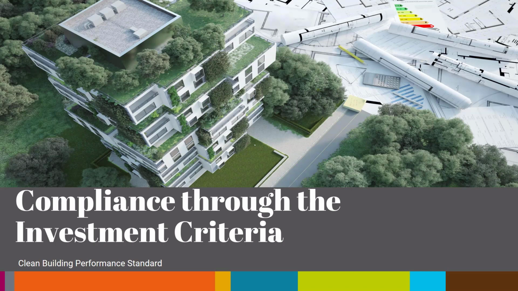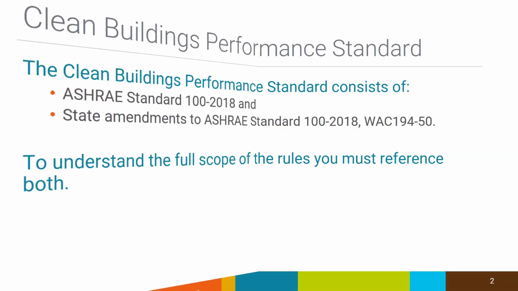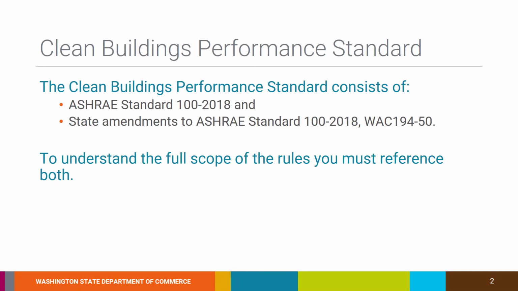When the energy use intensity target, or EUIT, for a covered commercial building is not met, or the energy use intensity, EUI, or EUIT cannot be calculated, compliance with the Clean Buildings Performance Standard shall be demonstrated through the investment criteria performance metric. The Clean Buildings Performance Standard is based on ASHRAE Standard 100 with Washington State amendments to address